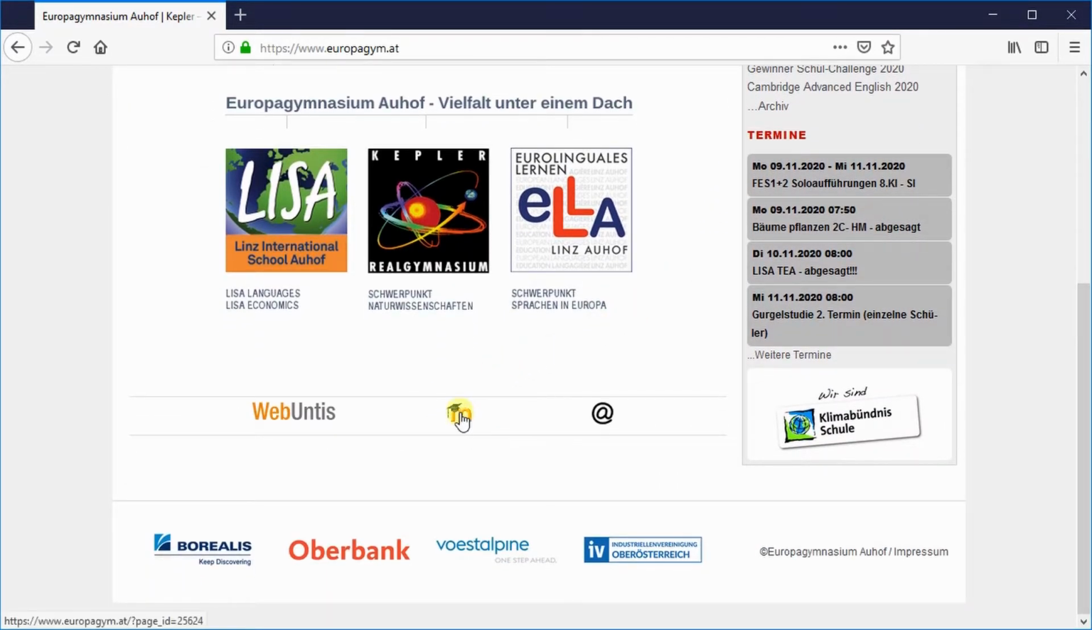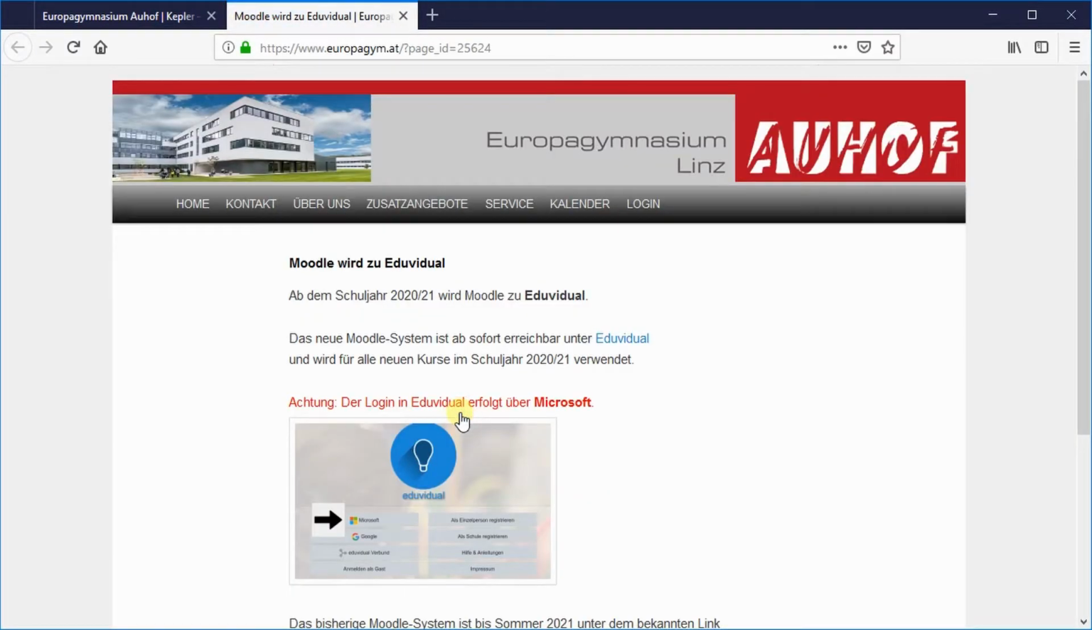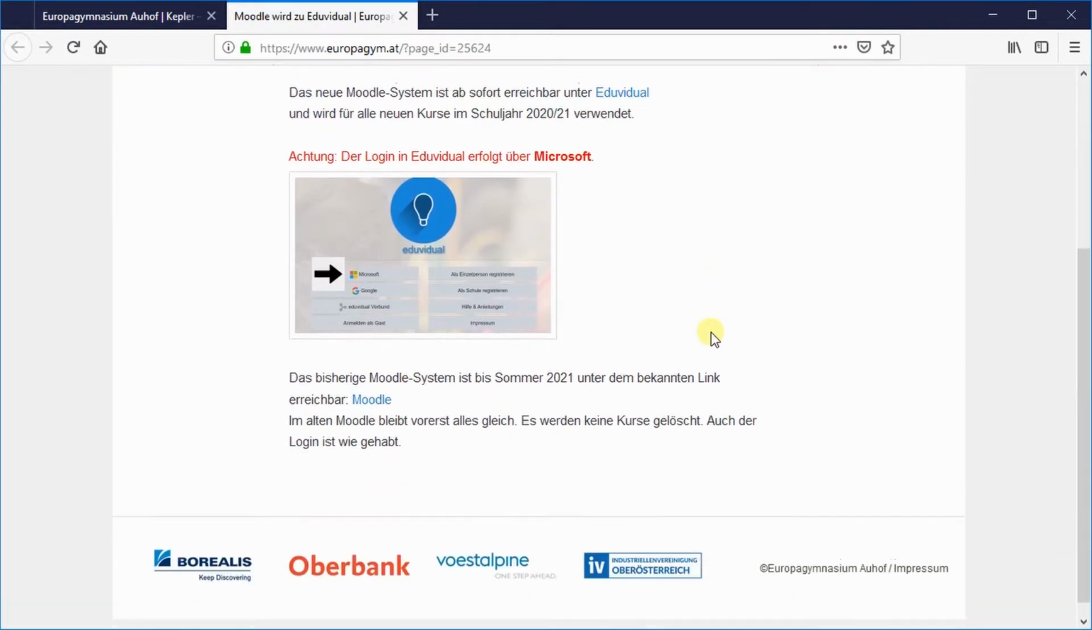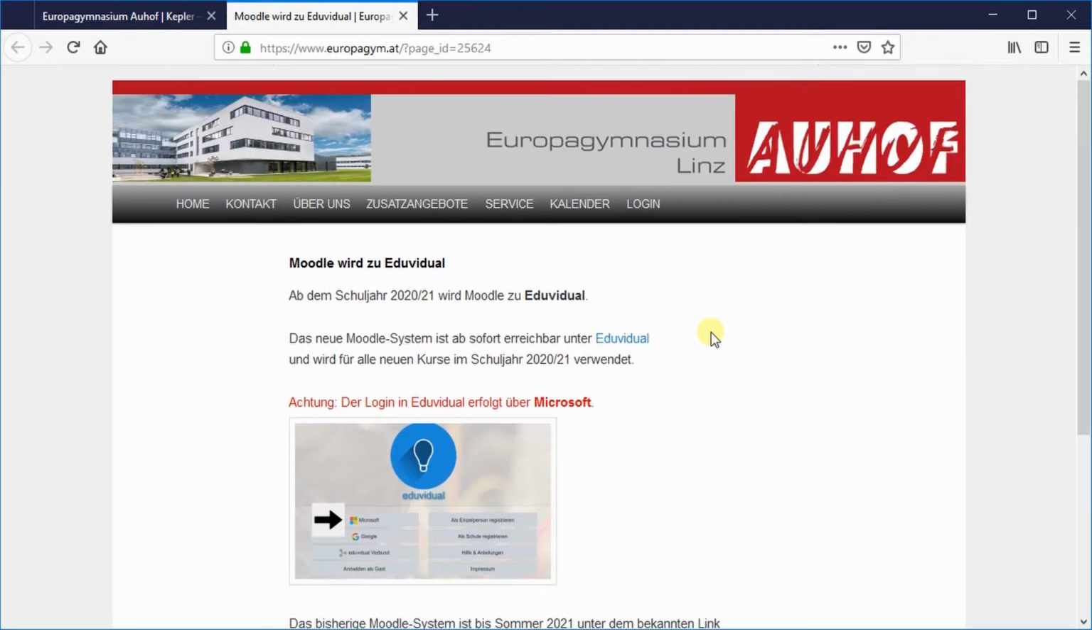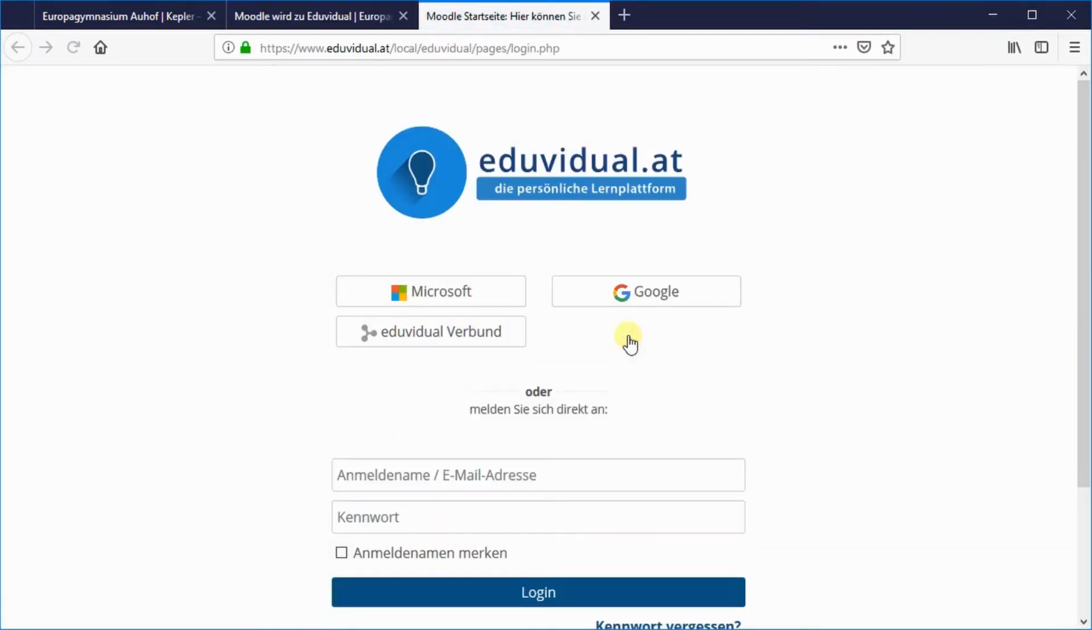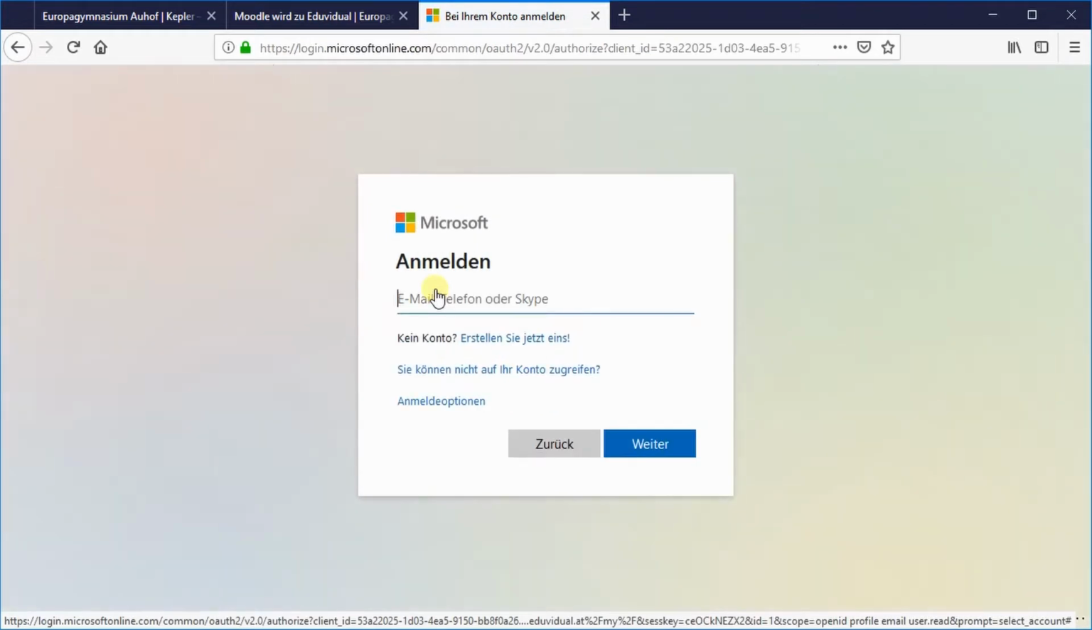M like Eduvidual. This little text here explains how those two fit together, but read that at home. I follow the link to Eduvidual, click that, and see the login page. Well, I actually get to select how I want to log in here. I choose Microsoft, and now I can log in using my usual username, in my case m.muster, and I have